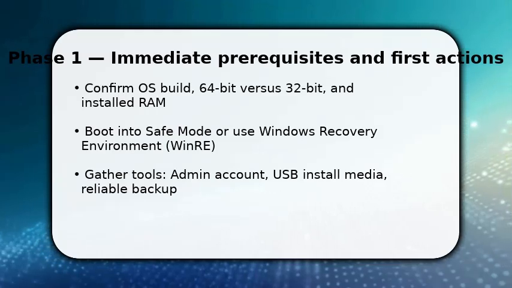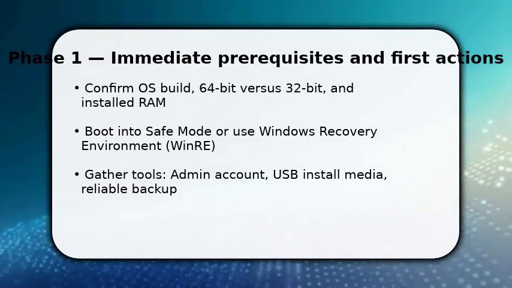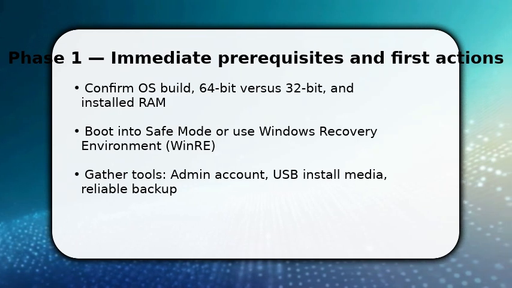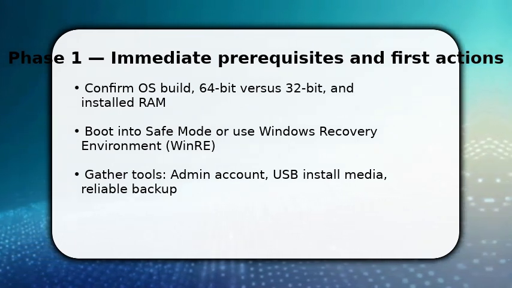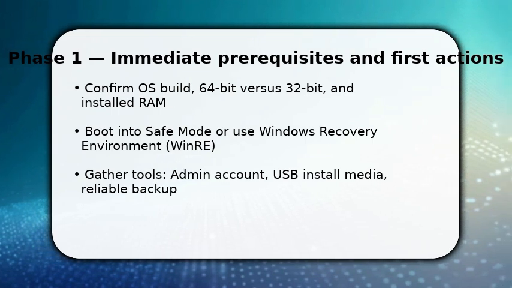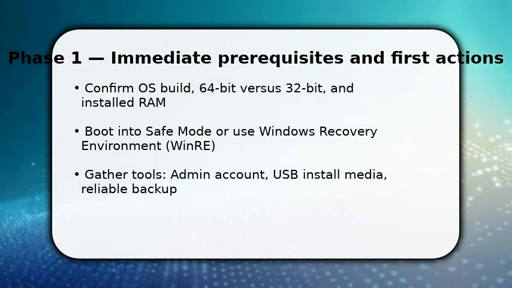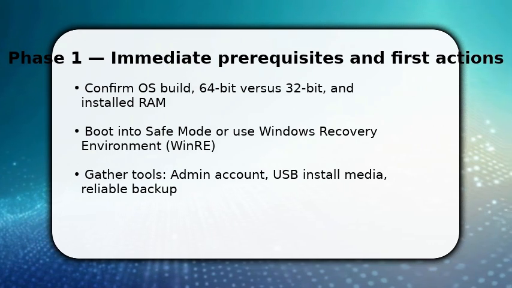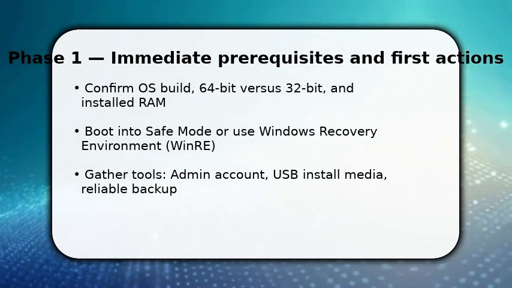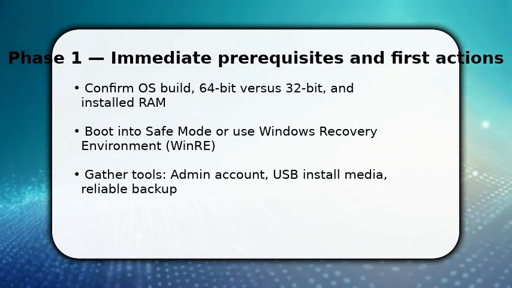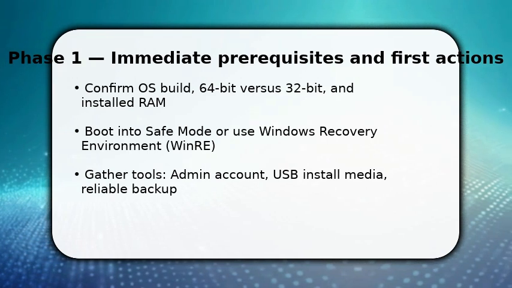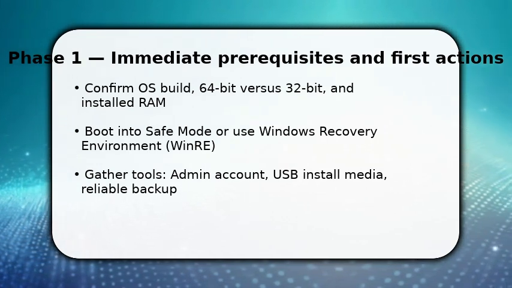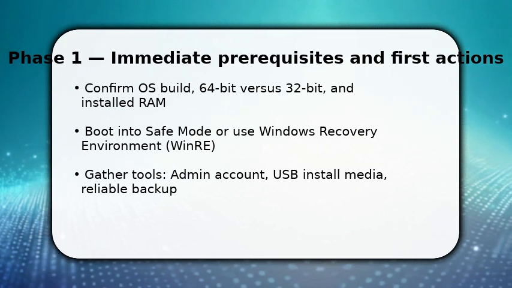You start by confirming prerequisites and taking immediate action. Verify you have an administrator account and recent backup, then boot into safe mode or WinRE to avoid repeat crashes. Once in, check the Windows build and whether the system is 64-bit versus 32-bit, so you use compatible drivers. Next, prepare a USB install media and open Device Manager. These first steps let you inspect drivers and event logs safely, and they set up everything you need to move